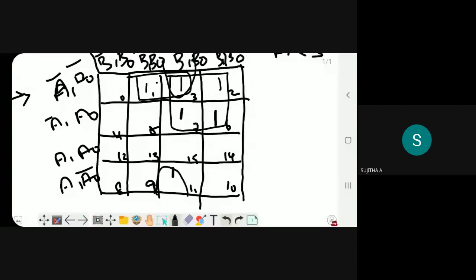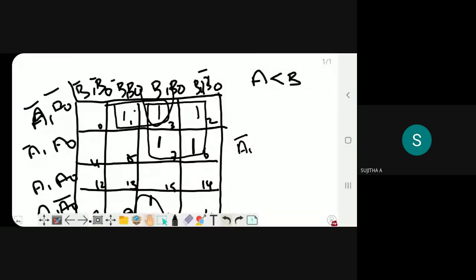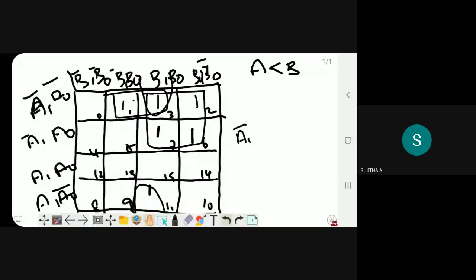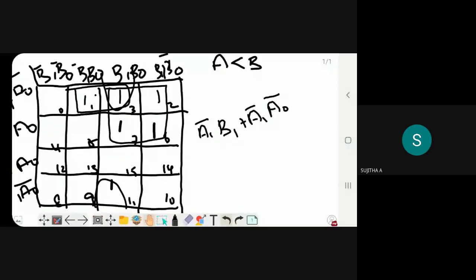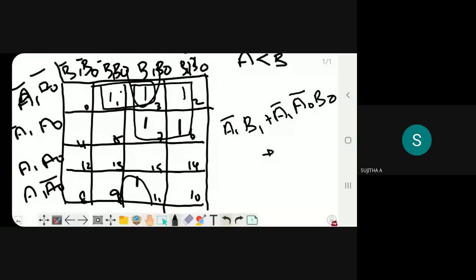Its simplified equation is A1 bar B1 plus A1 bar A0 bar B0 plus A0 bar B1 B0. So this is the equation for A is less than B.